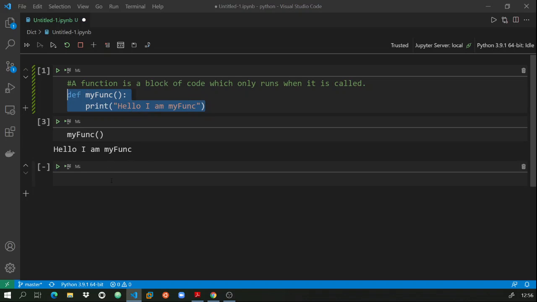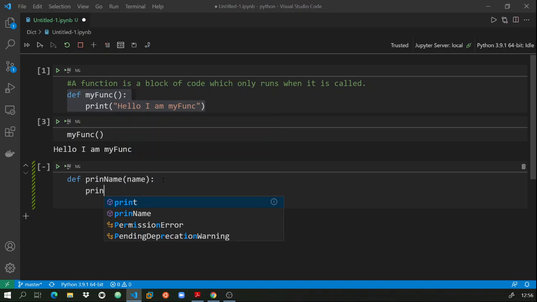A function can even take arguments. If you see this, def print_name, this is my function name. It can also take a value and then use this particular value to compute or execute its code block.